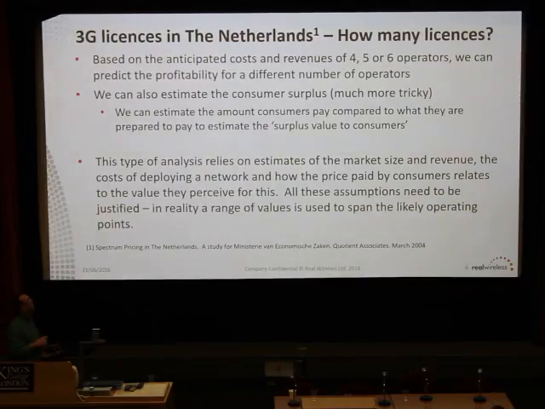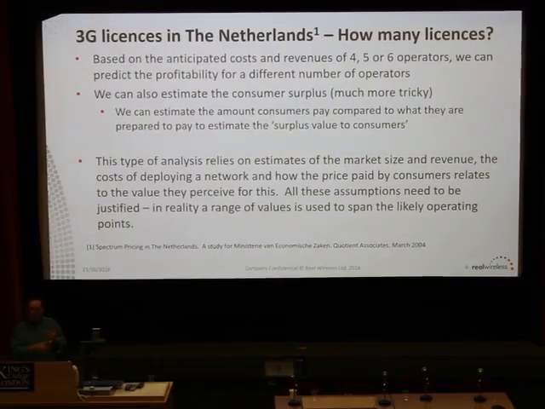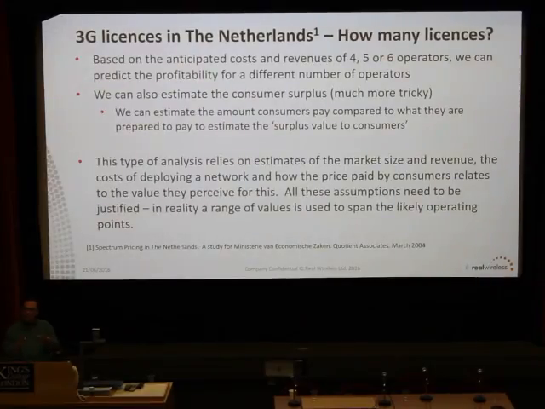So there's a key issue really, and it was, well, in the UK there were 5 licenses granted. There were 12 different 5 megahertz bands in each direction, and it's possible you could have had 4 operators, 3, 5 or 6. And we want to go through the costs and benefits of having different numbers and what that would mean to the operators, to the government, and also to society. Okay.